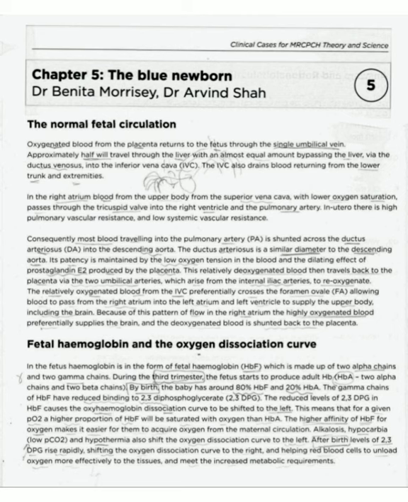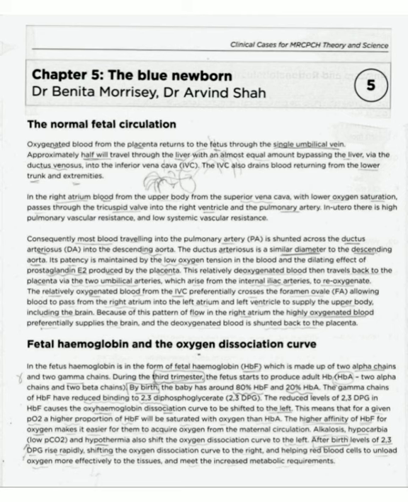So fast, oxygenated blood from the placenta returns to the fetus via the single umbilical vein. Then half of it travels through the liver, with almost an equal amount bypassing the liver via the ductus venosus. Then the ductus venosus opens into the inferior vena cava, and the inferior vena cava drains the returning blood from the lower trunk and extremities. So the ductus venosus opens into the inferior vena cava. This question comes in the exam.